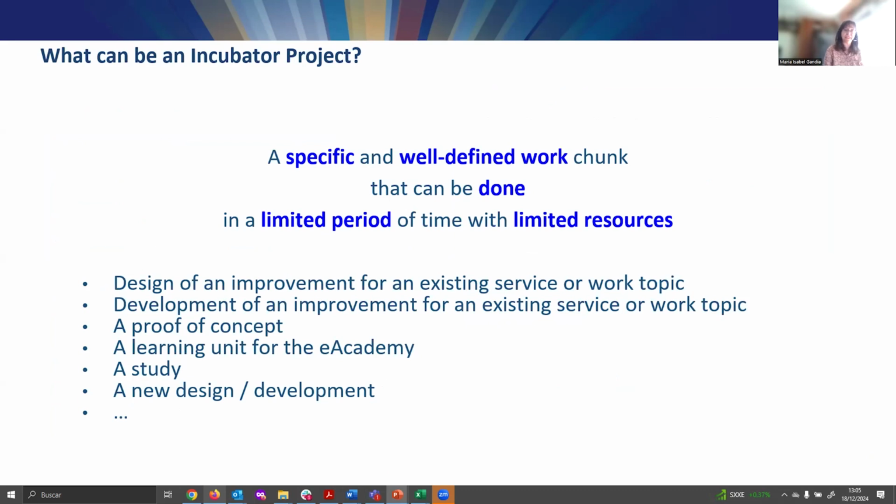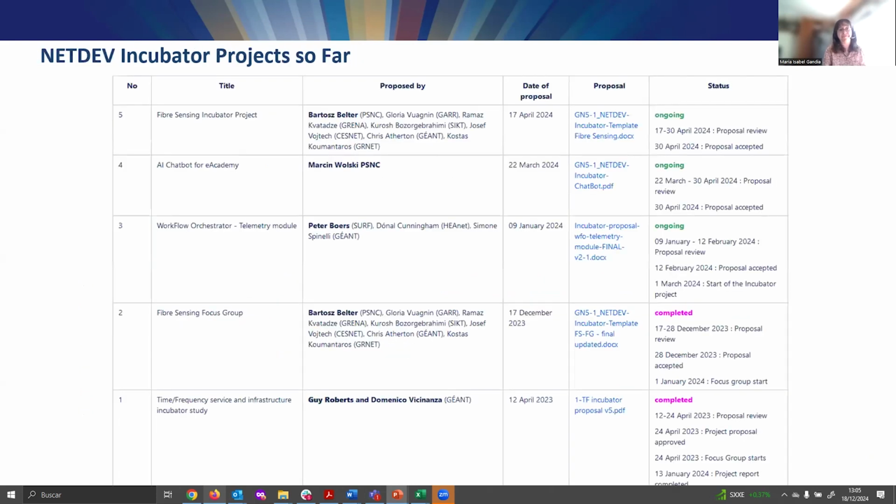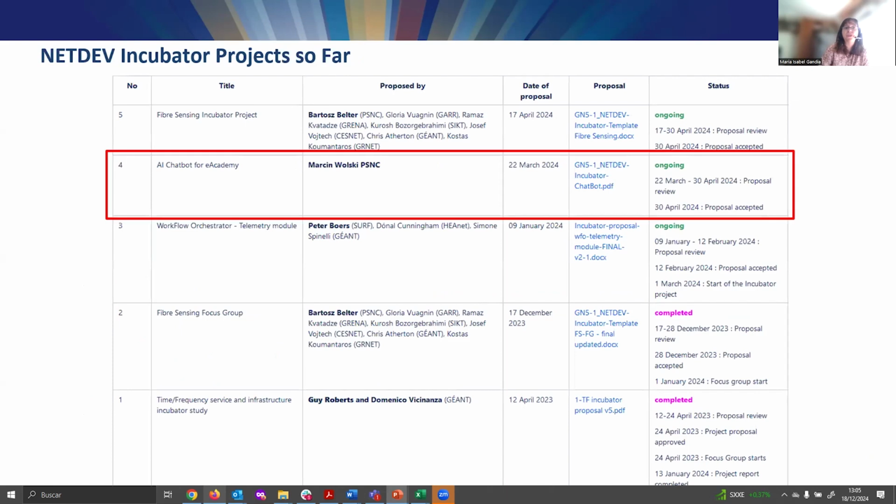In this context, one of the projects we have now is the chatbot, the AI chatbot for the eAcademy. This was the 4th project that was presented at the NETDEV Incubator. It was approved in April and started working in June. So it's now just finishing this incubator period.